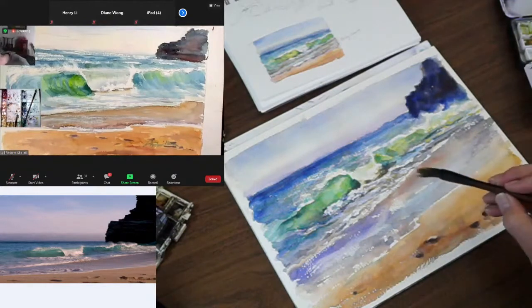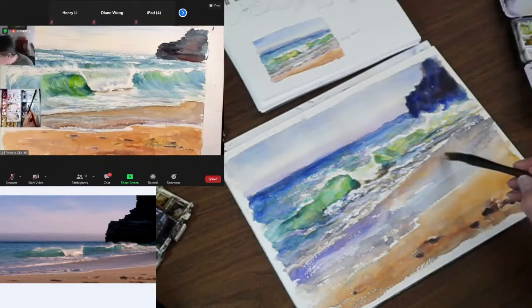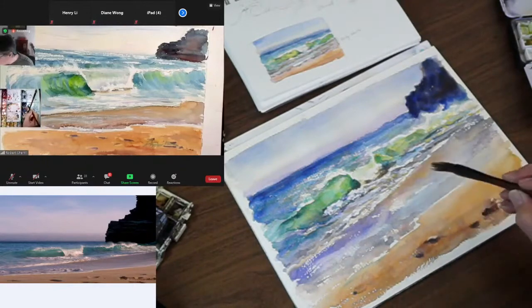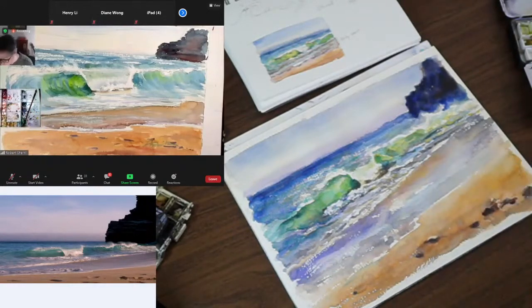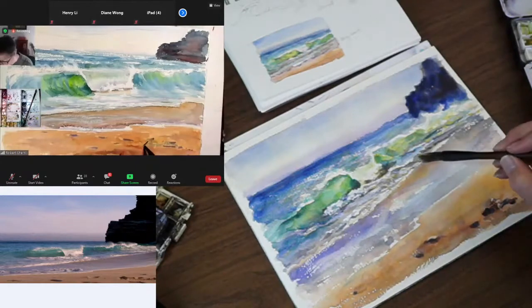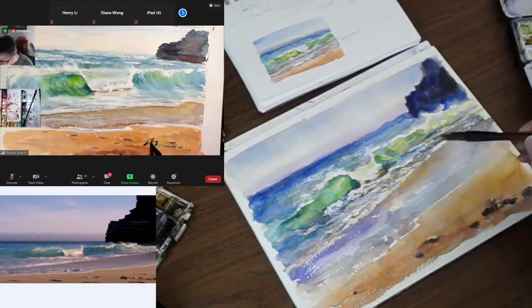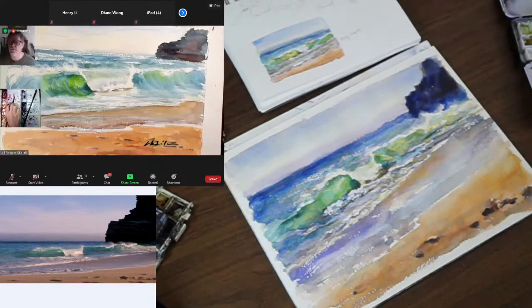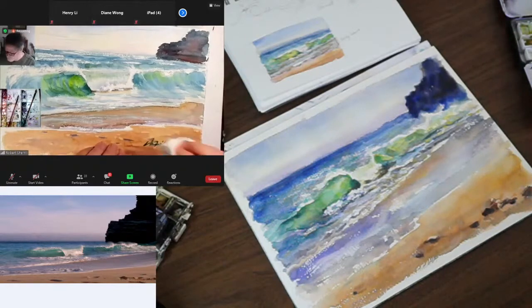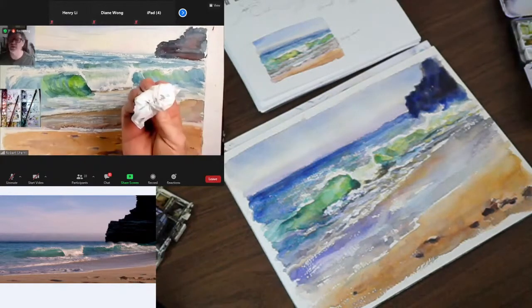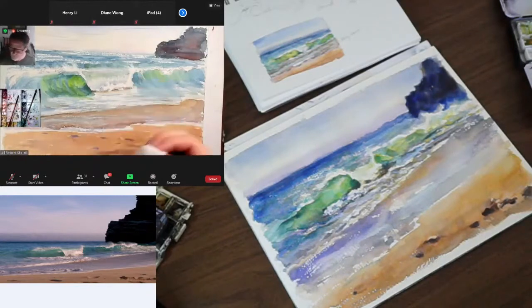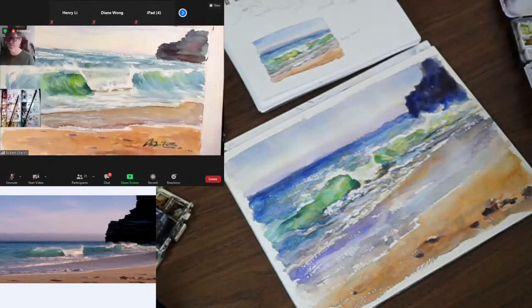That came out awfully light. That's better. That came out awfully dark. That came out somewhere in the middle. And there's my little stamp. I'll stamp it right there. Okay. And then